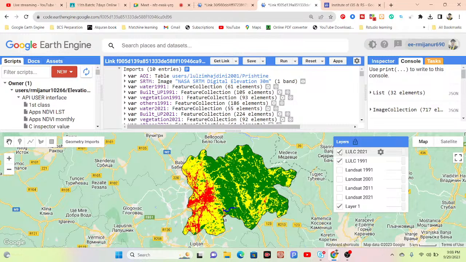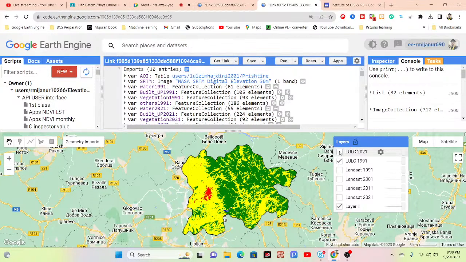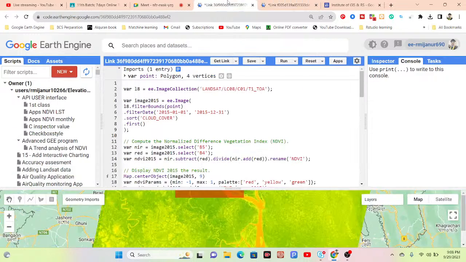How much area is increasing or decreasing? Suppose how much area is built-up area? How much area is transition zone, or transition area? This type of change detection, how we can easily perform using the Google Earth Engine platform, I will also discuss this topic one by one, as well as we will discuss the change detection, mainly